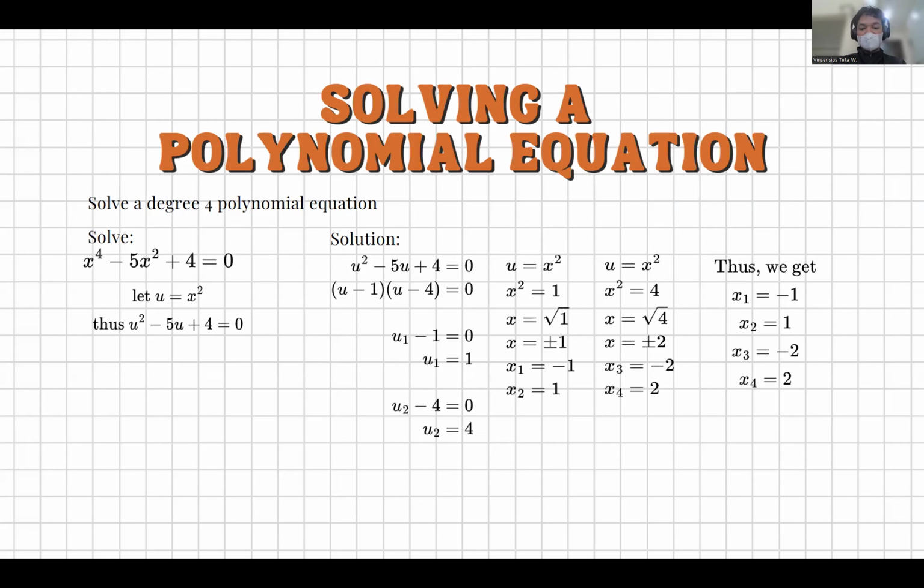So for the first factor, u minus 1 is equal to 0. And for the second, u minus 4 is equal to 0. So we get u is equal to 4. Then as we know that u is x squared, we can say that x squared is equal to 1. So for the first x, we have negative 1 and 1. Then for the second u, we got 4, where